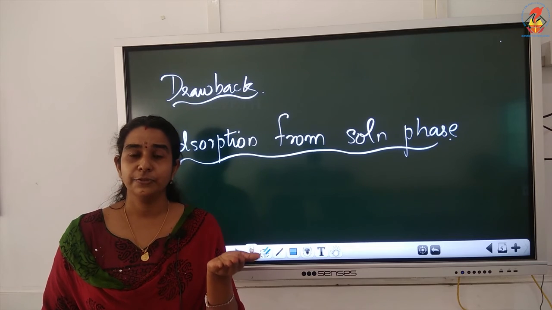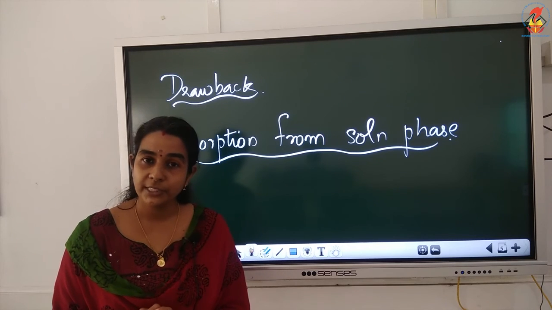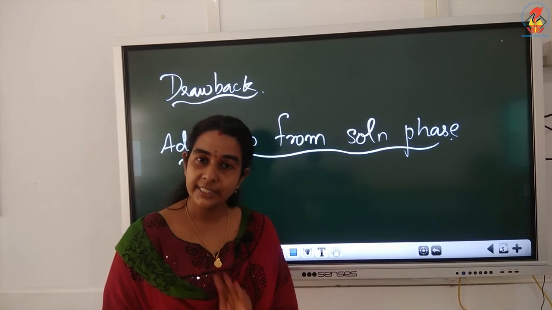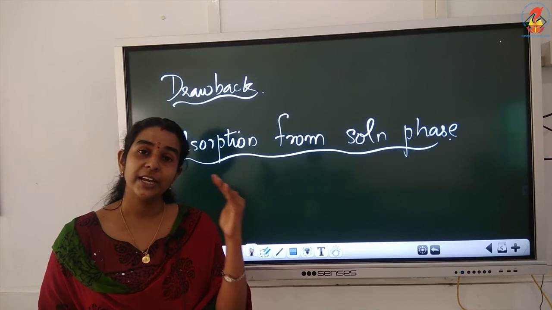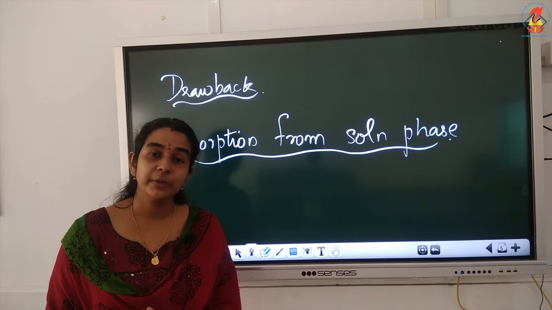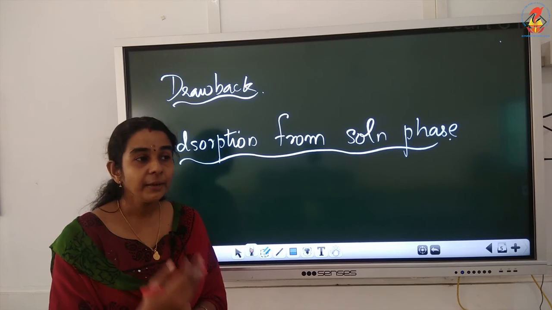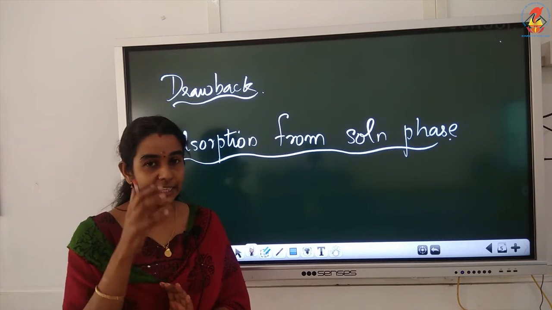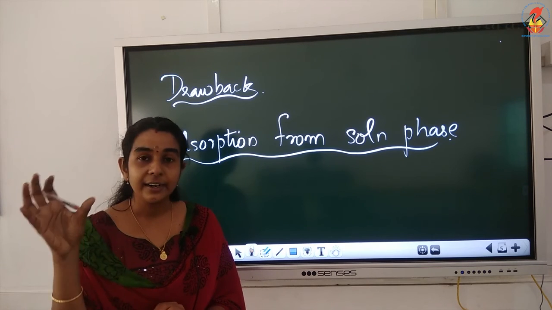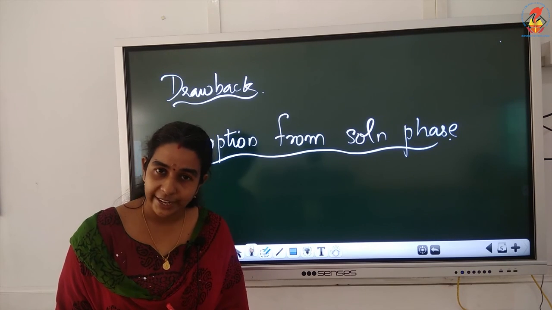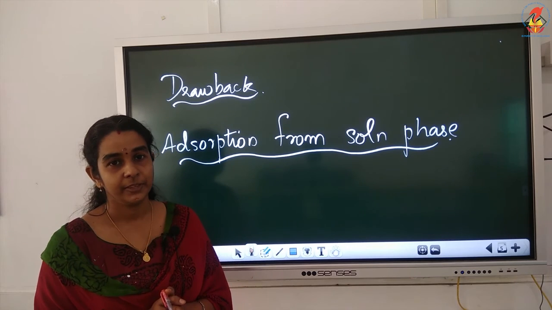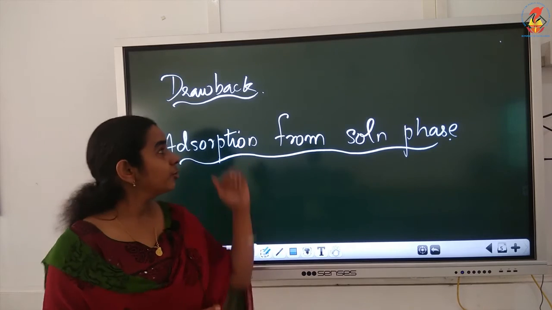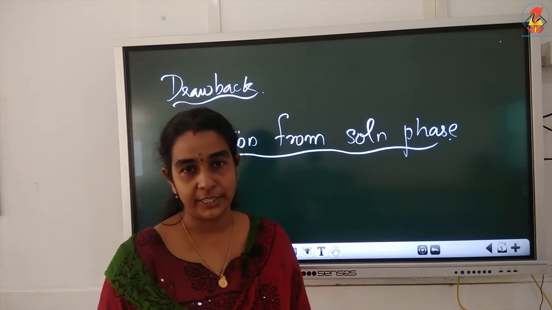Another very familiar example is when we do the confirmatory test for Mg2+, that is the Magneson reagent test. The Magneson reagent itself is blue in color, and that reagent we are adding to the white colored magnesium hydroxide precipitate. When you add Magneson reagent to this white colored magnesium hydroxide precipitate, what happens? This precipitate will adsorb the colored particles from the Magnesson reagent, and the precipitate becomes colored. So the precipitate is adsorbing particles from the reagent. So this is another example of adsorption from solution phase.